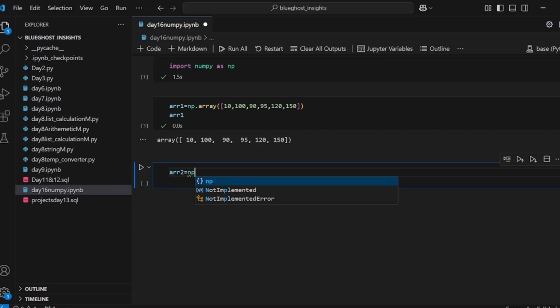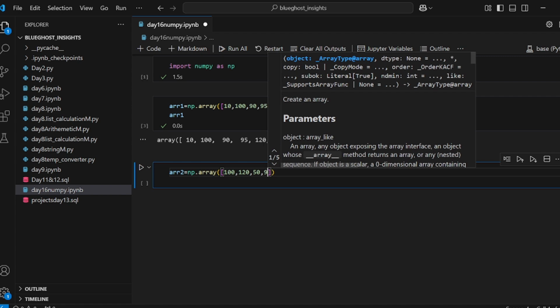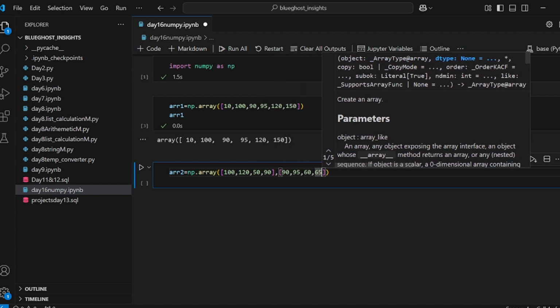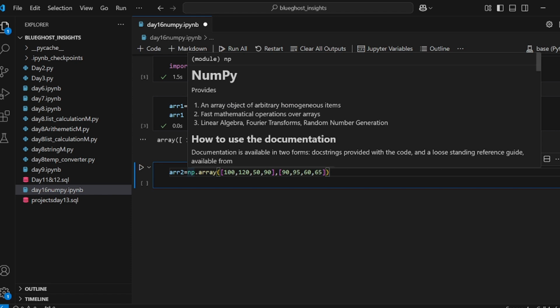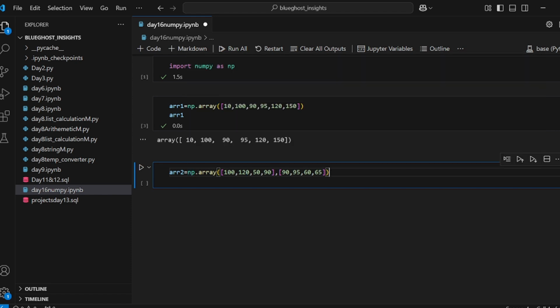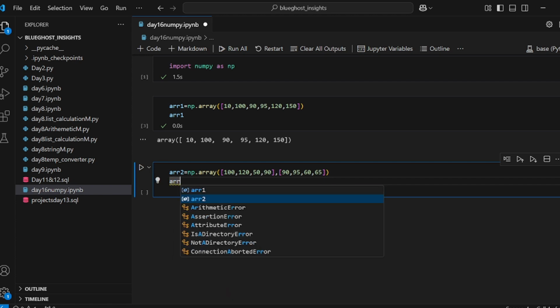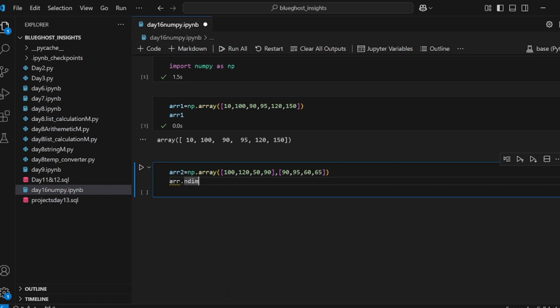So we'll say np dot array, then over there we will have this box. So these are all the arrays that we have in NumPy. How do I basically use them and how do I find out this array? Okay, so what I'm going to do is say array2 dot ndim.